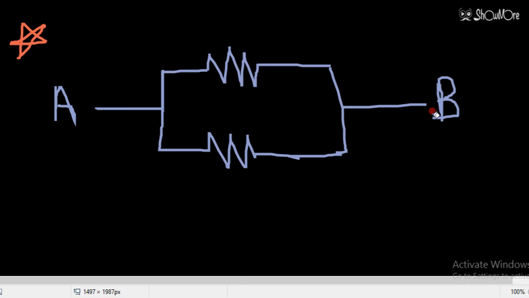Here you can see this is resistance R1, this is resistance R2. Students, here you can see the left terminal. This is the left terminal. This is also the left terminal of the resistance. So when both the left terminals are joined, like you can see here, left terminals are twisted, you can say.